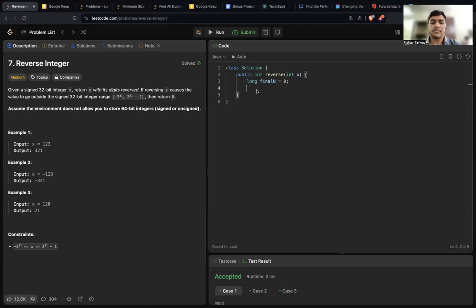So we will simply use the while loop in this condition, and inside the condition, we will pass the criteria as x not equal to 0. So till then x not equal to 0, we will execute this loop, and then we will simply complete our condition as final n is equal to final n, the variable which we have initialized,